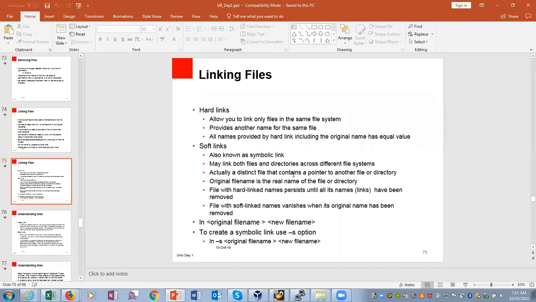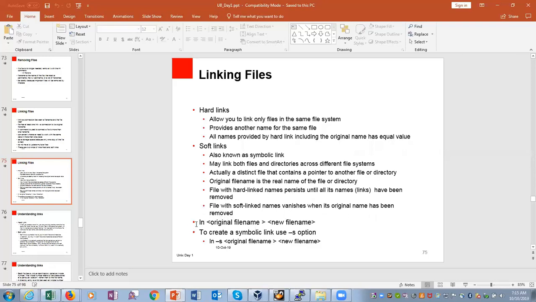It is actually a distinct file that contains a pointer to another file or directory. The original file name is the real name of the file or directory. A file with hard link names persists until all its names have been removed. A file with a soft link name vanishes when its original file has been removed.